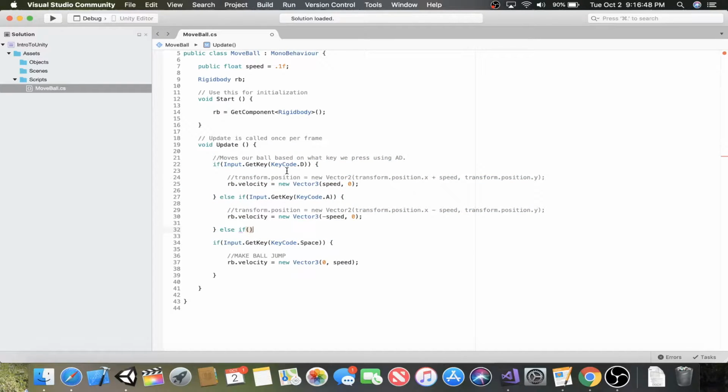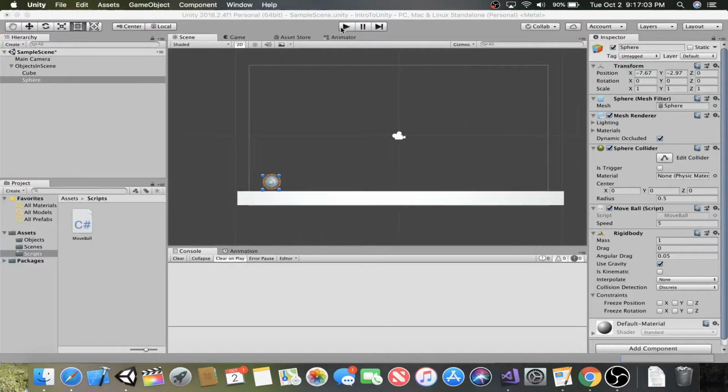So you'll either be going right, or going left, or jumping up, and we don't want that. We want to be able to go left or right, and up when you're doing either of those. So with that being fixed,